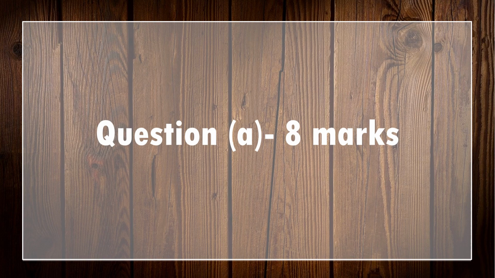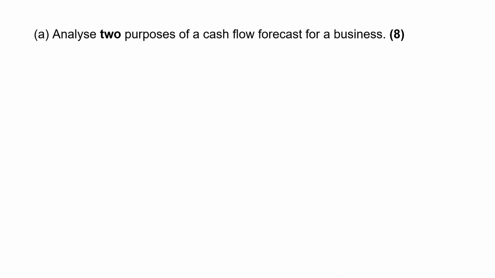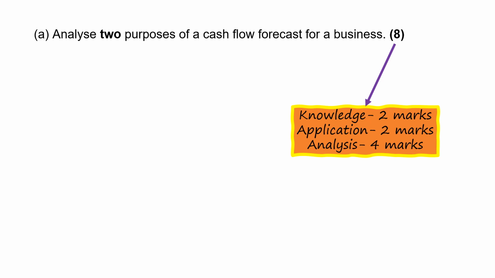Okay, let us see question part A in section B. The eight marks question. The first one says, analyze two purposes of a cash flow forecast for a business. Again, the first thing that we have to do is to see the mark allocation. Here we'll have knowledge 2 marks, application 2 marks, and analysis 4 marks. And you will have to provide